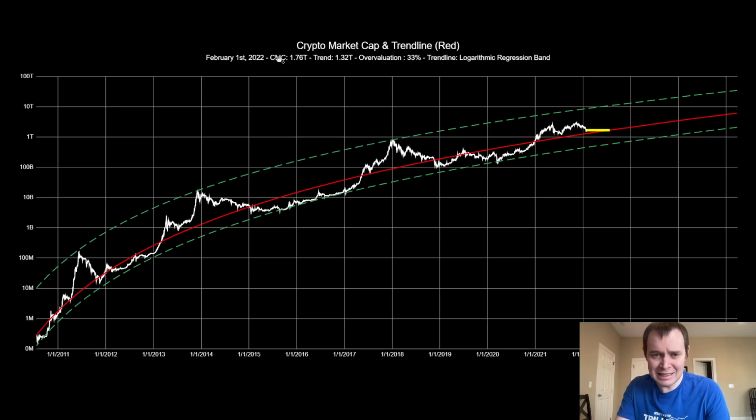So to give an idea about this overvaluation, undervaluation stuff, right now the asset class is at about 1.76 trillion. For the current asset class's market capitalization to reach the fair value, it would just take until mid 2022 for the asset class to go sideways. So basically, if the asset class just trended sideways for the next 5 months, then we would be at the fair value, because we're assuming the asset class appreciates with time, or at least the fair value appreciates with time.